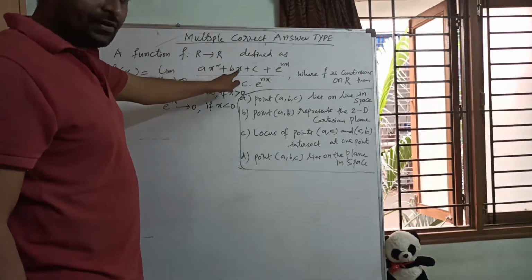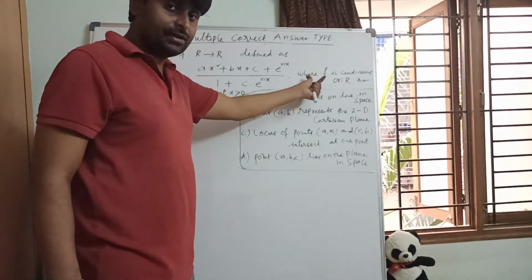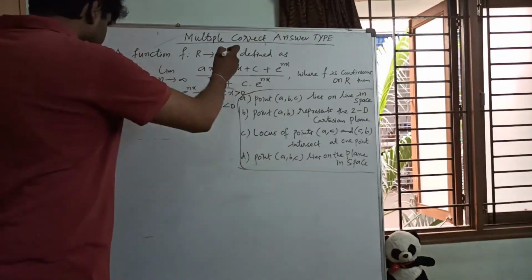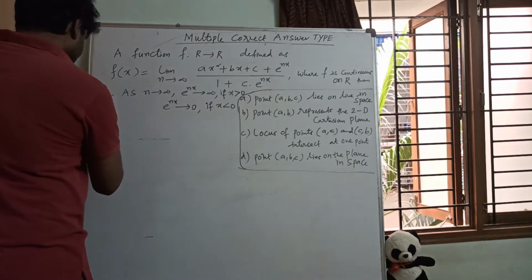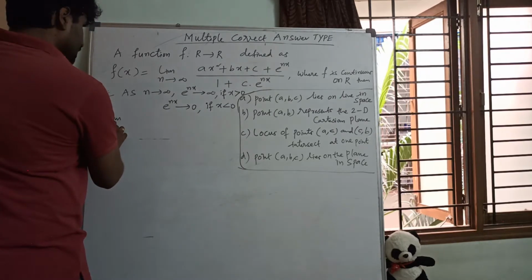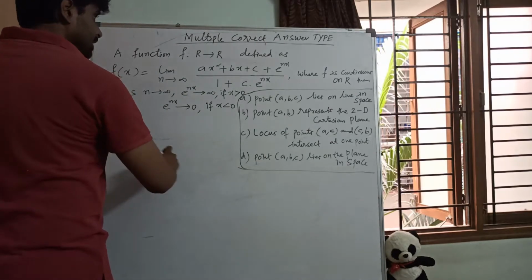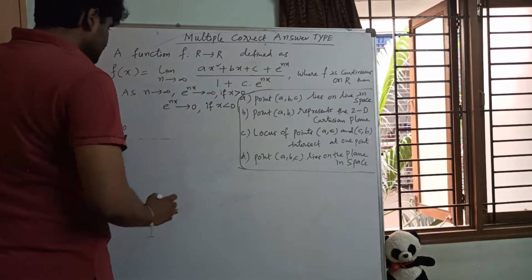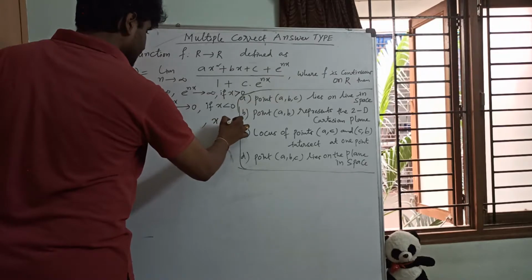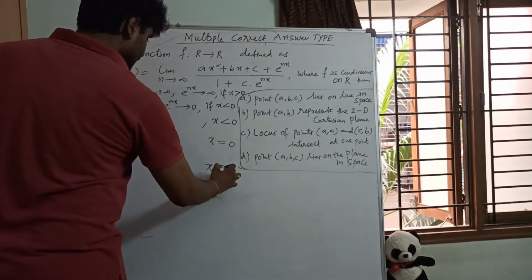So let us redefine this function. This is a question about continuity of the function only, not differentiability, only continuity. So now let us separate this function. Here I am going to take limit x tends to 0. Now we are going to check at x equals 0 here. So whenever x tends to 0, one thing we can take is x less than 0, x equal to 0, and x greater than 0.